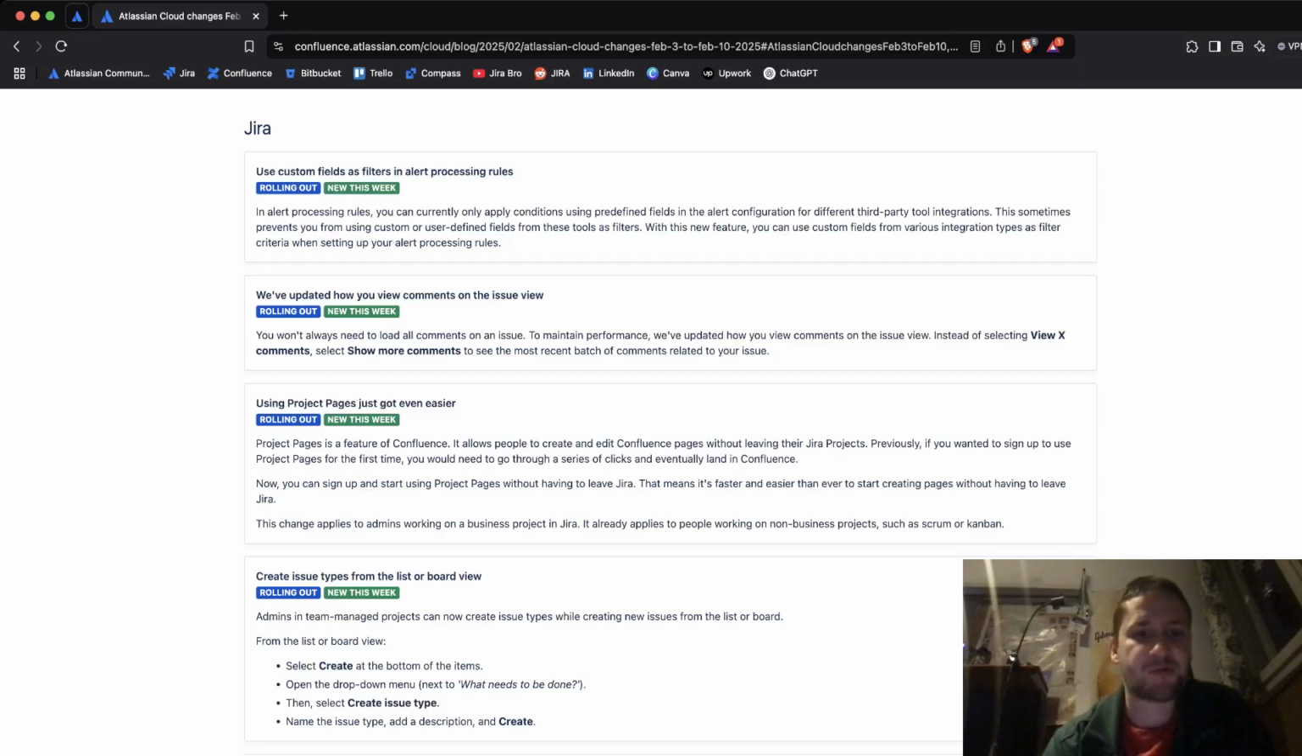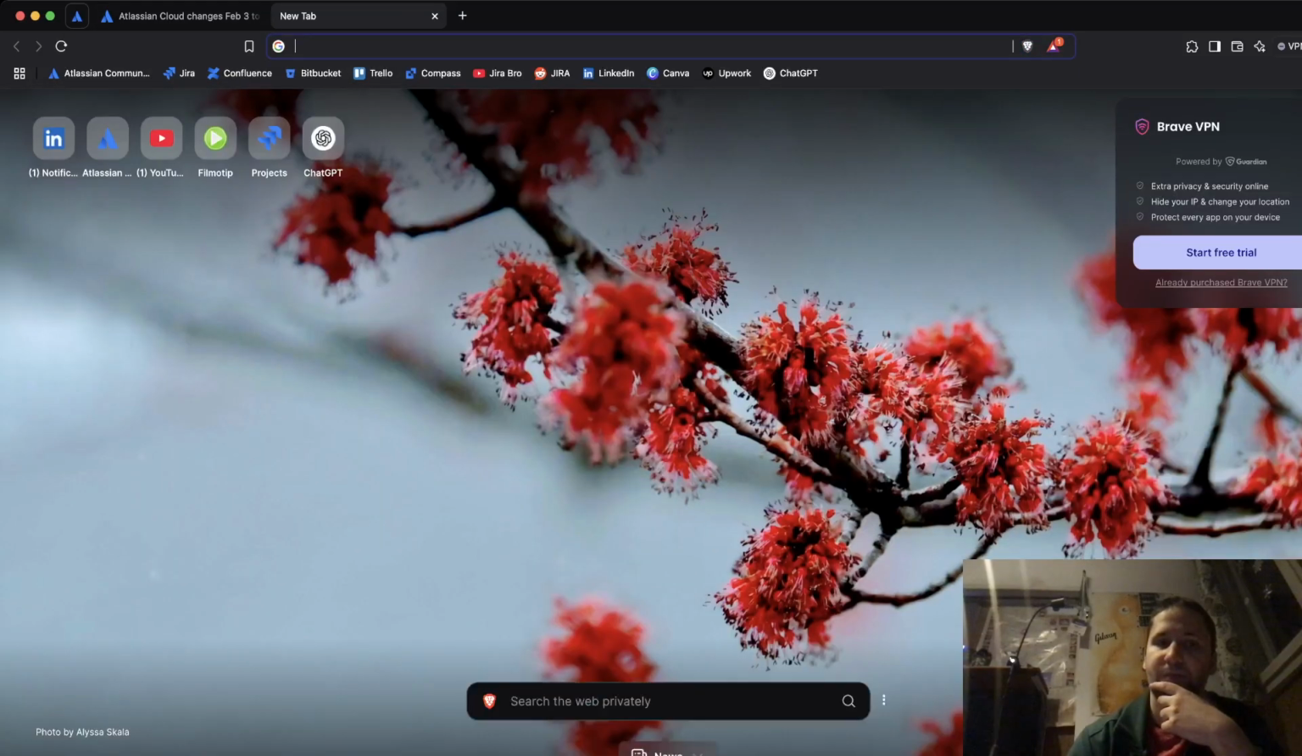That sounds fair enough. Then we've updated how you view comments on the issue view. You won't always need to load all the comments on the issue to maintain performance. Instead of selecting view X comments, select show more comments to see the most recent batch of comments related to your issue. Alright, so that would mean